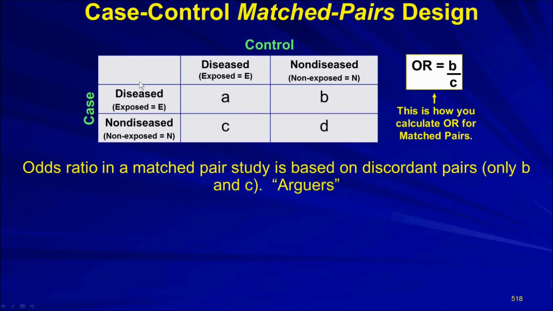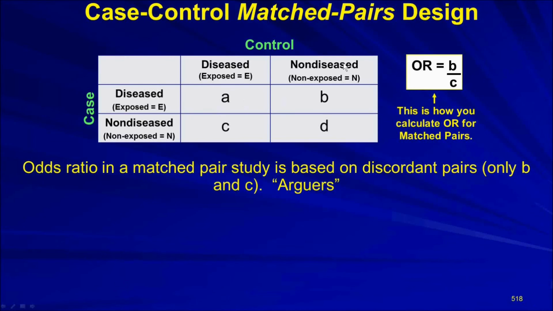Study the layout of this table. Usually when we have a case control study, the case comes up here and the control slides over. Now, that was for an unmatched pairs design. Now, for a matched pairs design, the cases are located here, and the controls are located on the top. So we have diseased. This is the concordant pairs, and we have non-diseased and non-diseased,